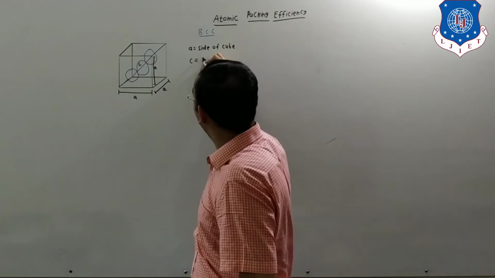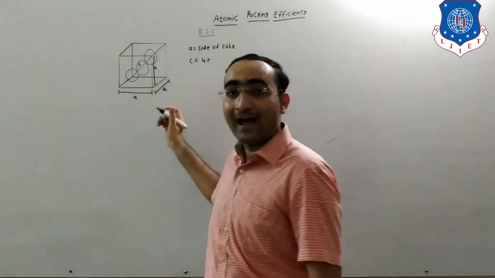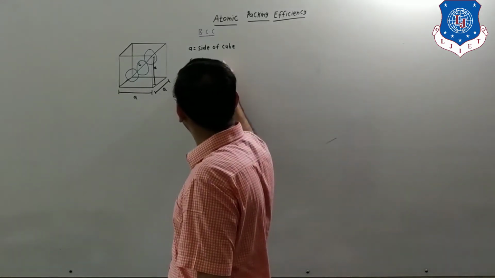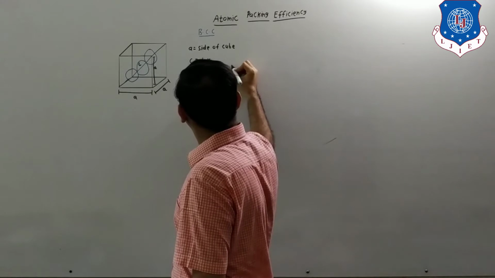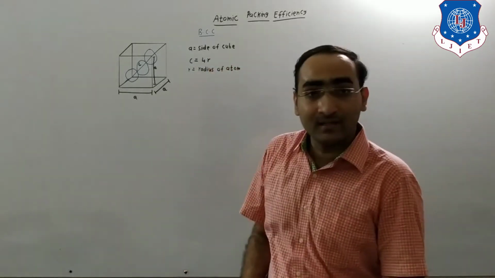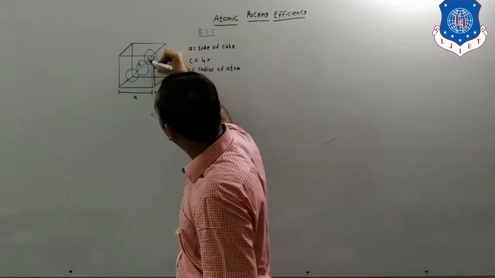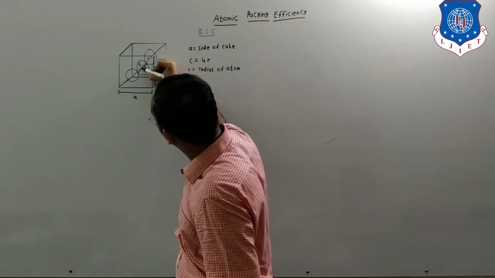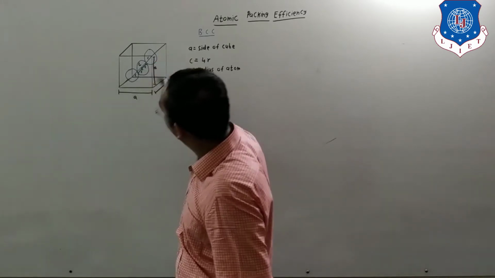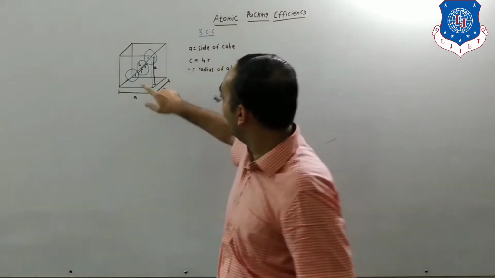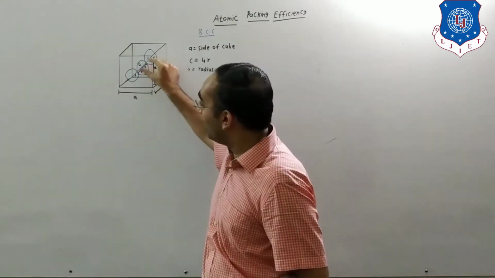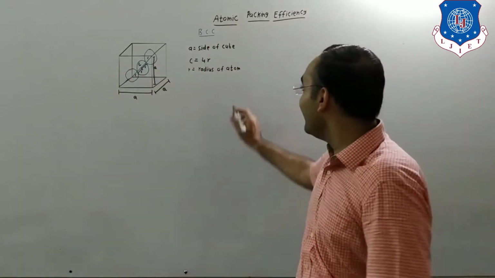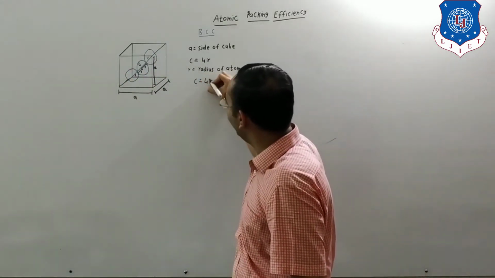But what is C? C will be equal to 4R, where R is equal to radius of atom. How has it come? C is equal to 4R. 1R over here, 1R over here, another 1R over here, and the fourth R over here. So that means total 4R. The whole atom is there, so 2R over here, and for these 2 corner atoms, R and R will be there. So C is equal to 4R is the relation.